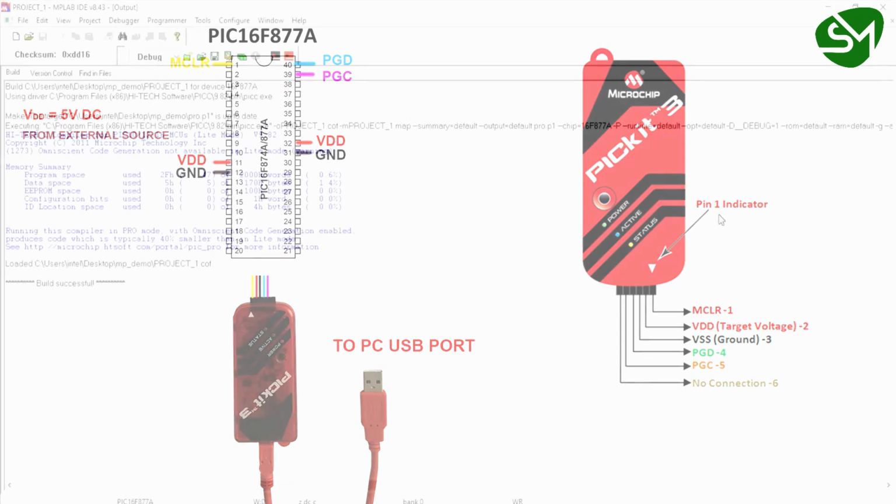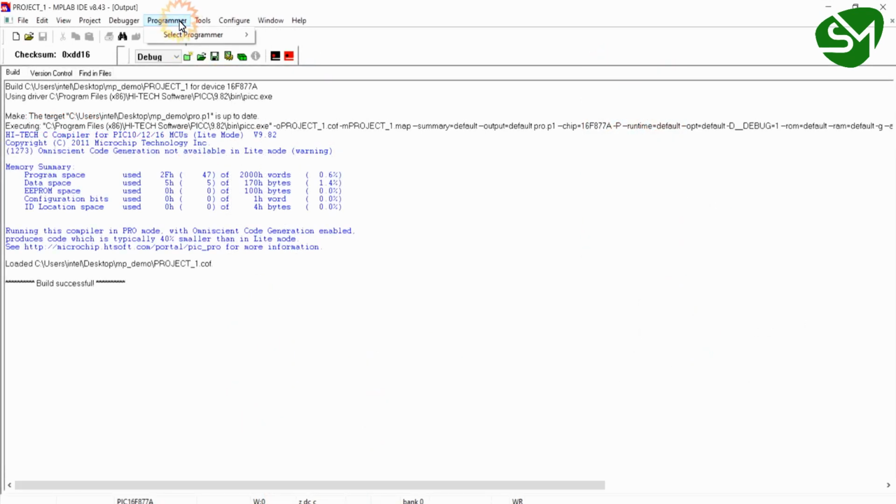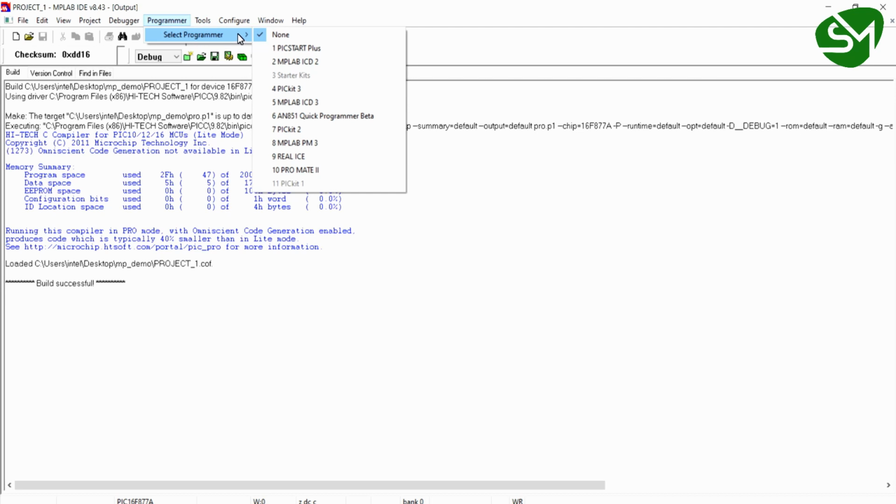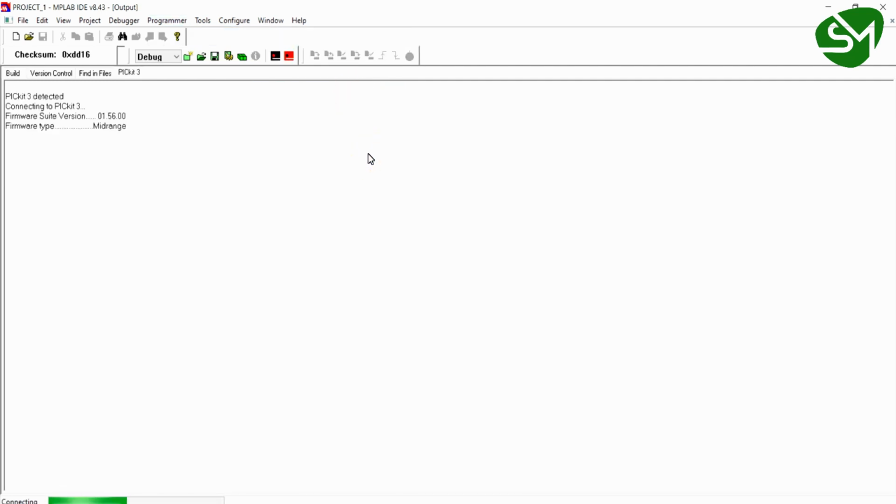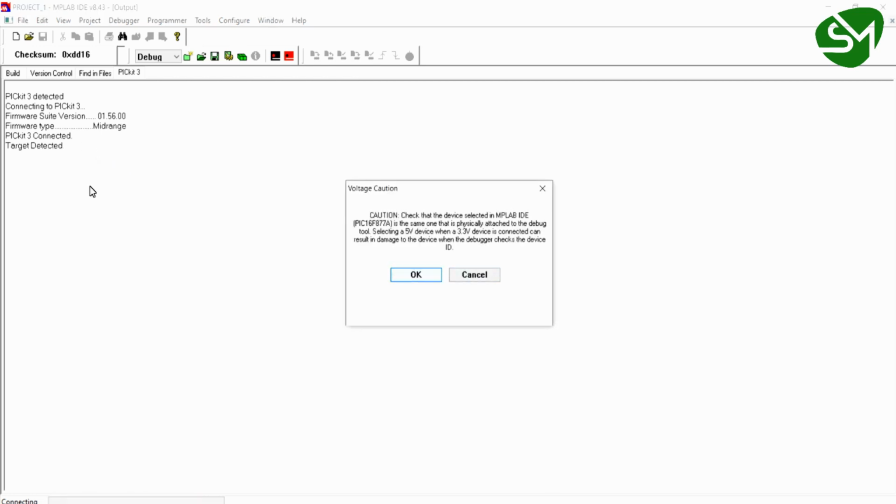Once the circuit is built, come to the Programmer tab and hover over Select Programmer. You will see a number of programmers. In our case, select PICkit 3. You can see PICkit 3 detected. Click on OK. You must see this target detected.